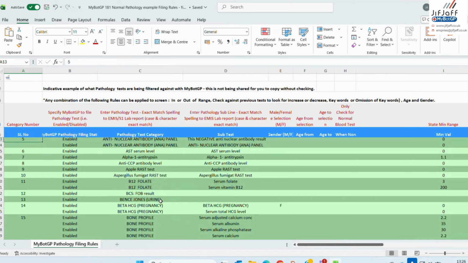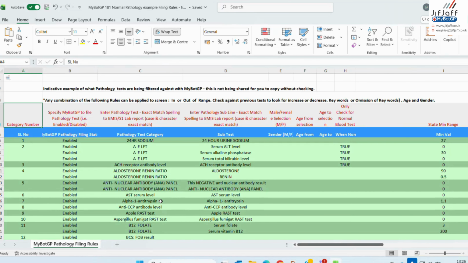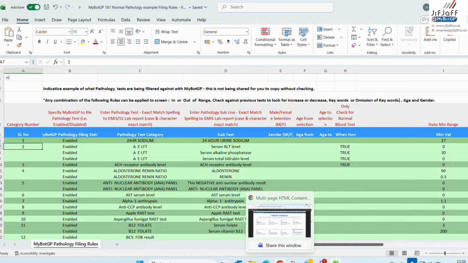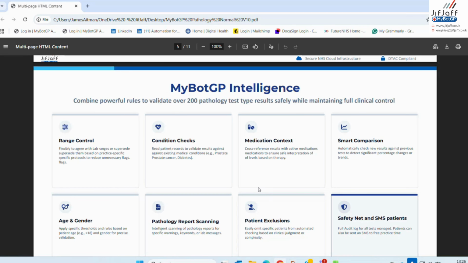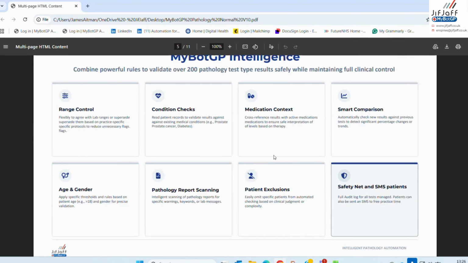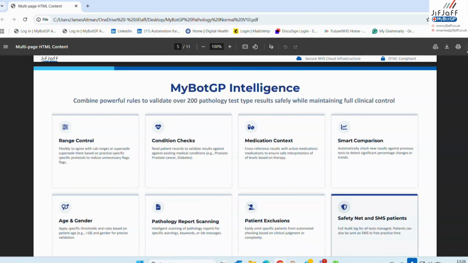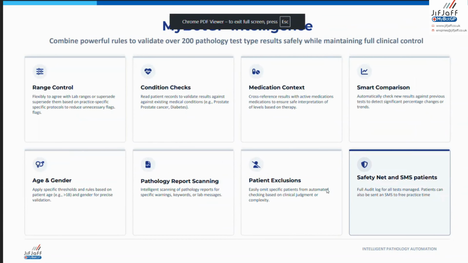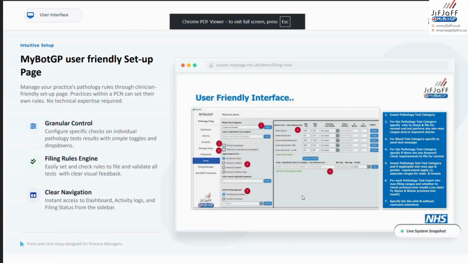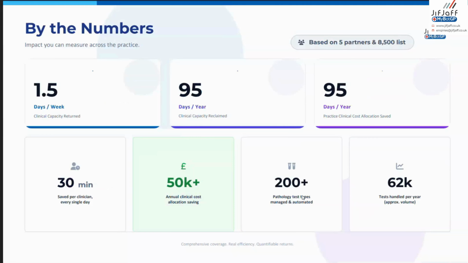So most of our clients get to add approximately 95% of their pathology tests. That's the target. And then MyBotGP has the ability to look after up to 95% of their pathology tests for them, and it will do the initial screening and vetting. It will send you a spreadsheet every day confirming what's been done. We have a distribution group for auditing, and obviously within MyBotGP as well, there's a super comprehensive audit log, and we run